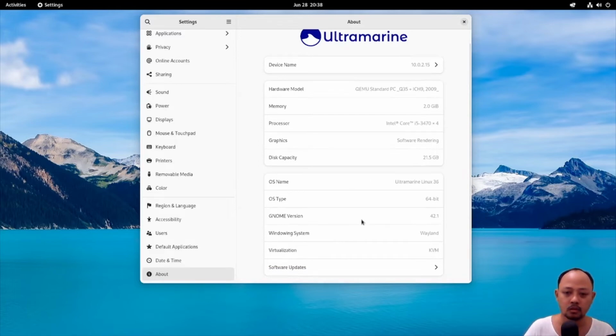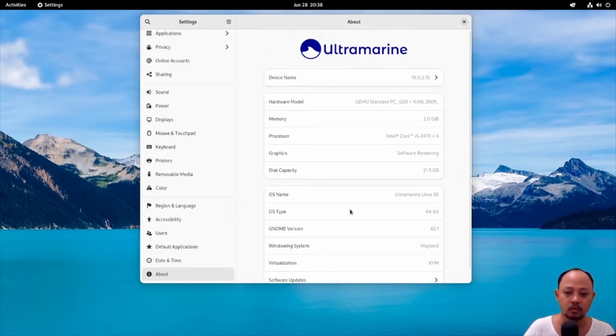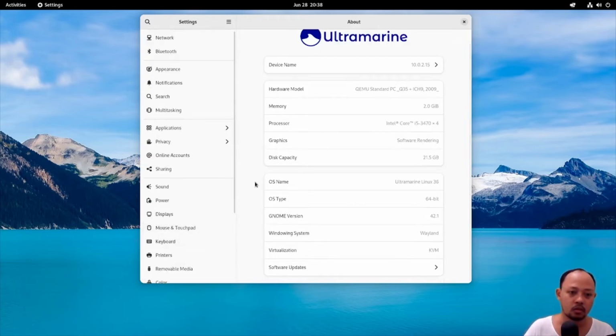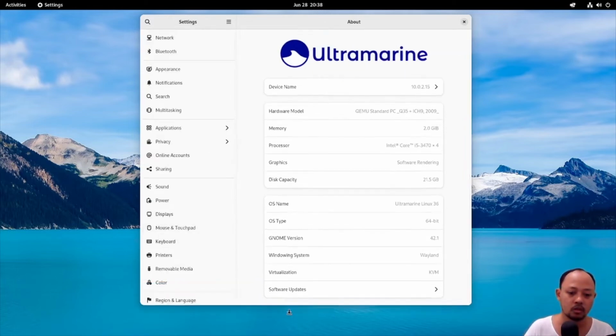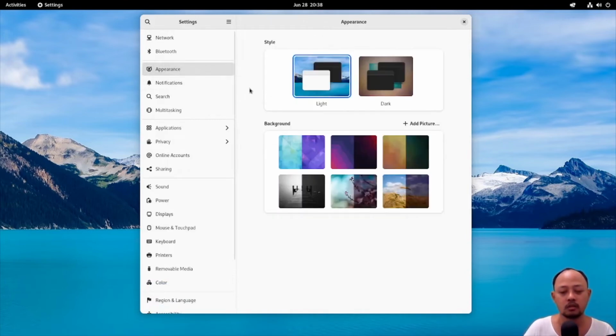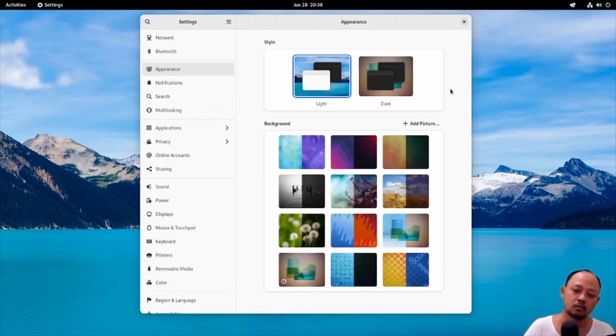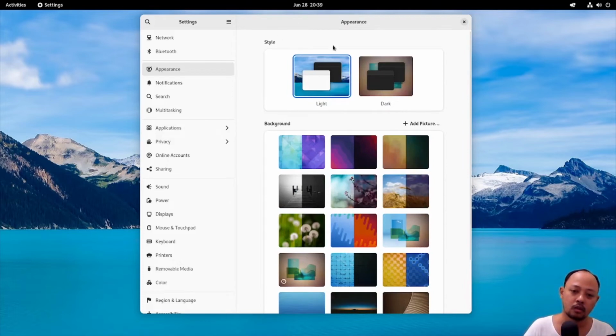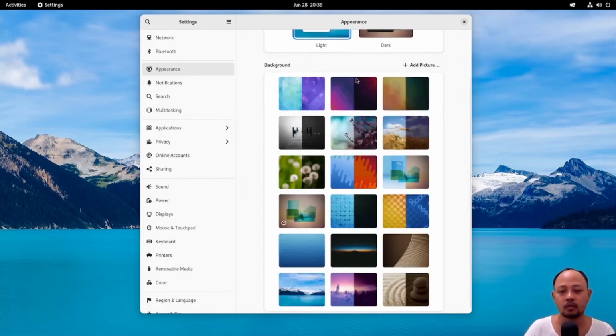Okay, I think that's all in this About page. And then we can go to Appearance first. As we can see before, there are light style and dark style. And then the background.